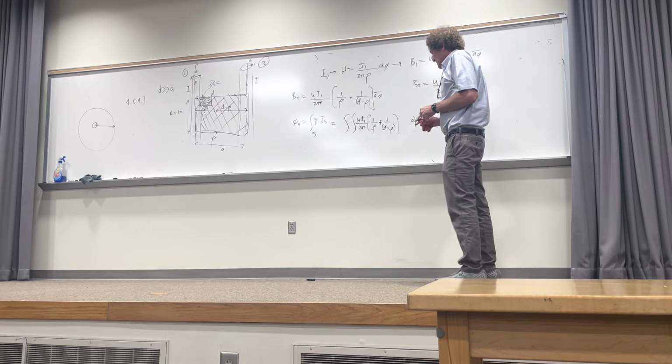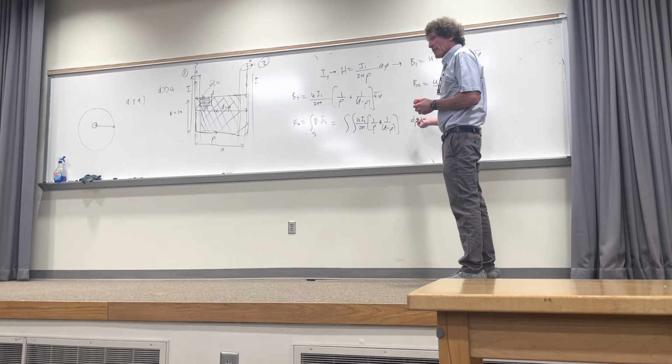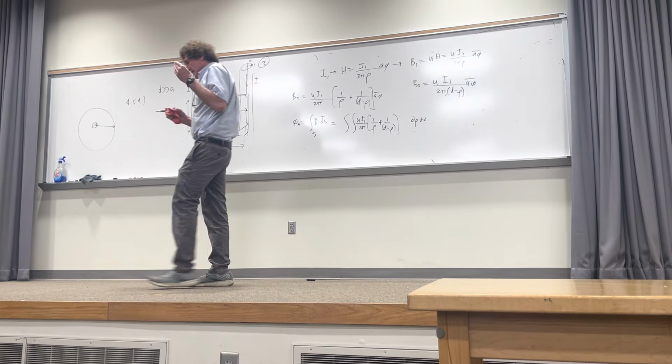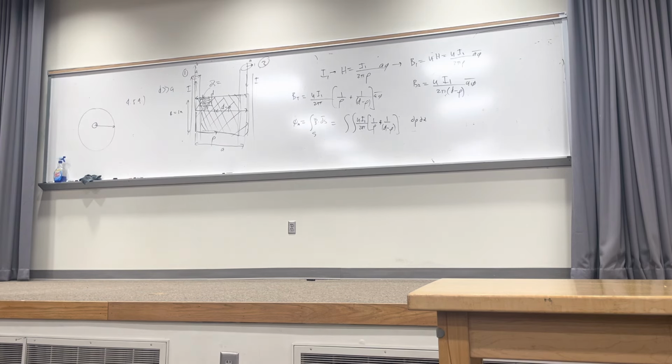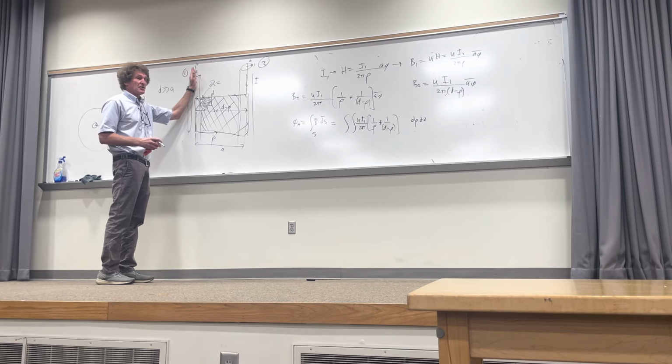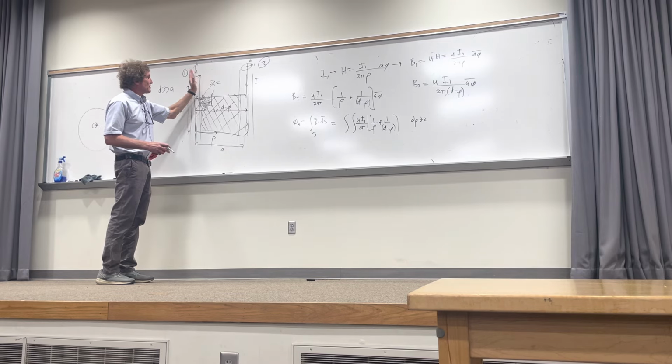Now, when I do this, I have to put the limits on rho. Here's where you got to be careful. Remember, he made the statement that D is much greater than A, right? So your gut says, well, I should integrate from here, but you can't do that because the B field in here is not what we've got there. That B field we're going to ignore because the assumption we made to get that B field is not legit, since it depends on the total amount of current versus radial distance. But if we ignore the amount of B field inside that wire, and that's the real key when he gives us that,